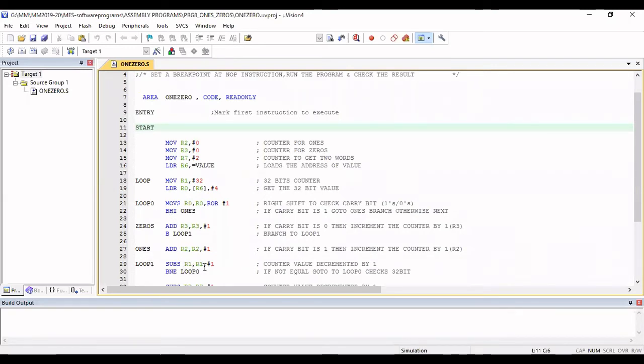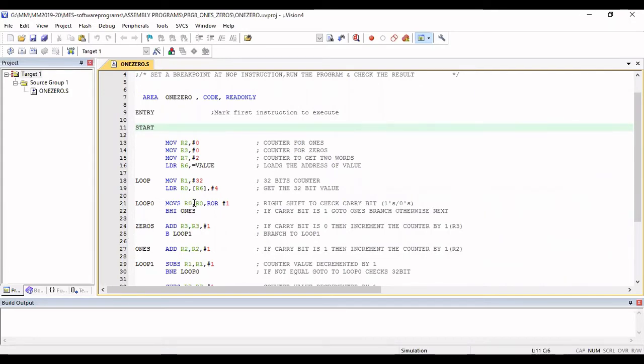Now SUB R1, R1, #1. Why is this subtraction required? Because in the 32 bits, 1 bit is done, so you have to do 31 more rotations. You subtract 1, then branch on not equal to loop 0. Since the value has not come to 0, you branch on not equal to loop 0, which means again it will come to this position.